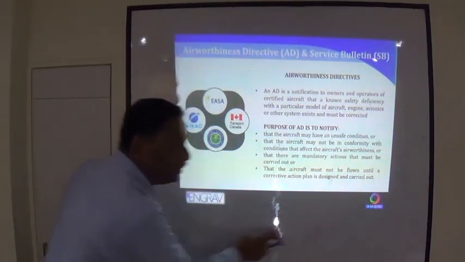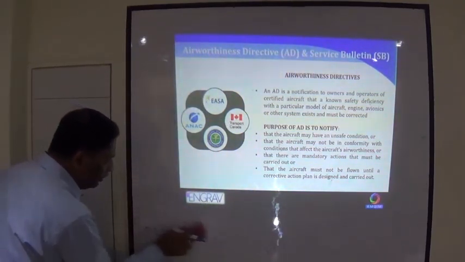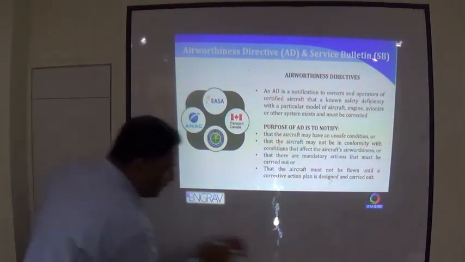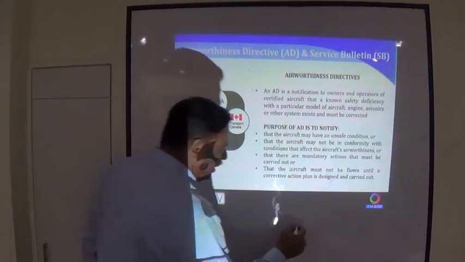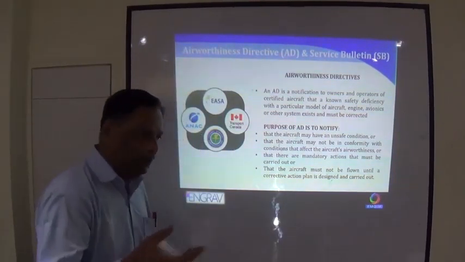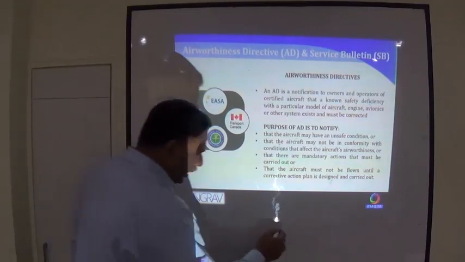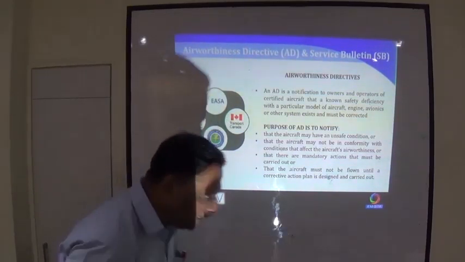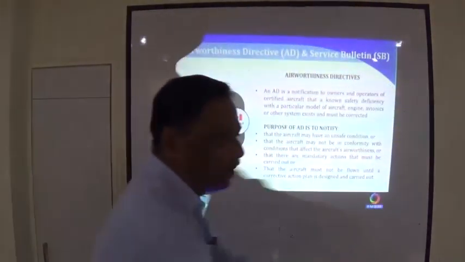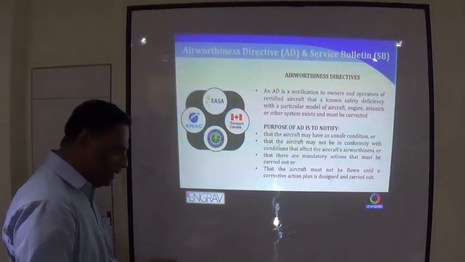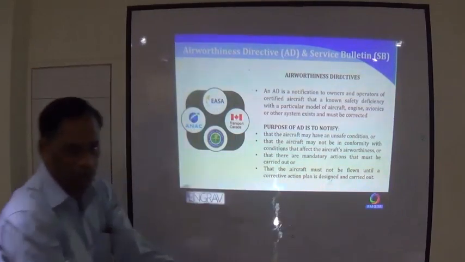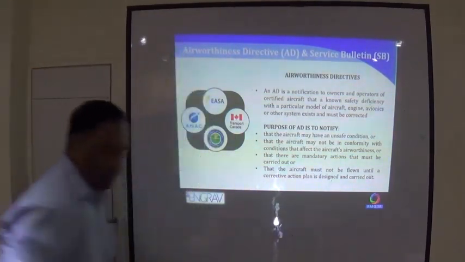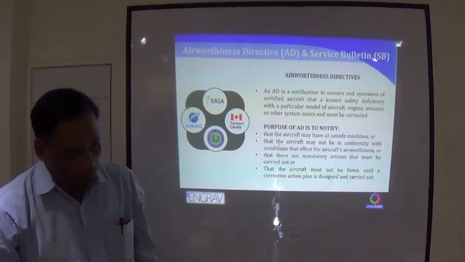Especially during the elections. Suppose you are going for election flying, one fellow must have asked for it. You must have paid for two people to come along or something. And when two people are sitting, you will see a third jodi coming and sitting. The minister says, usko bhi aane de. So you permit him. When you are about to start the engines, you will see some people come with something to dump, some luggage, I don't know what. So all these rules get violated mostly during these politicians